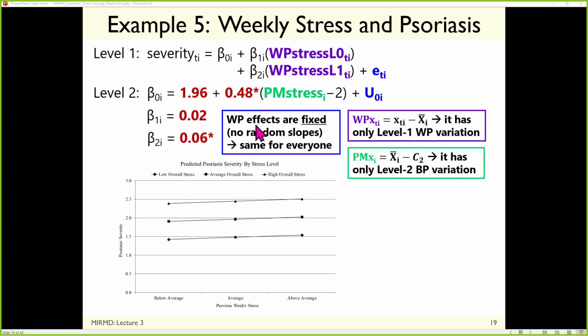Conceptually. Random means everybody gets their own, right? So what would that translate to if I gave lagged one with in-person stress a random slope, for instance? And Zoomers, you can play along too. I'm watching the chat, or you can talk to me. Your choice.